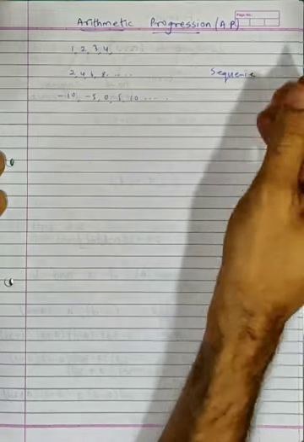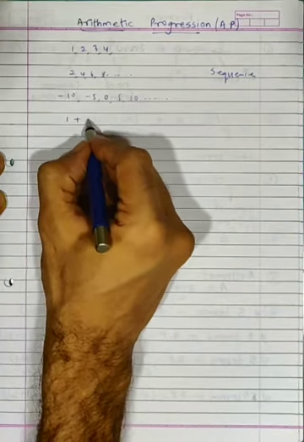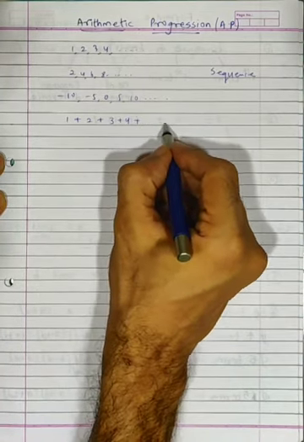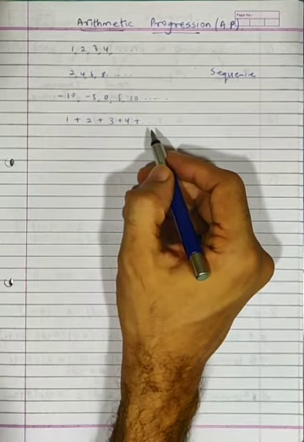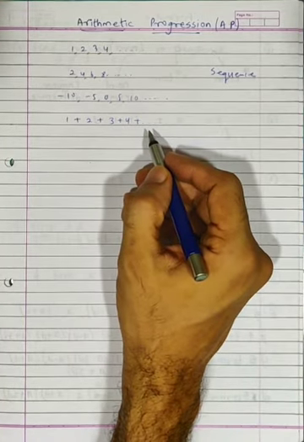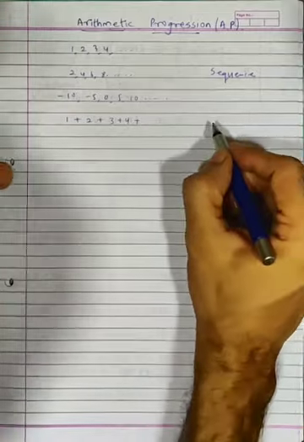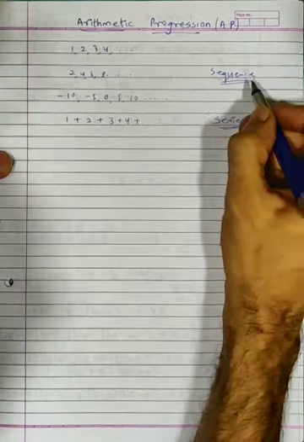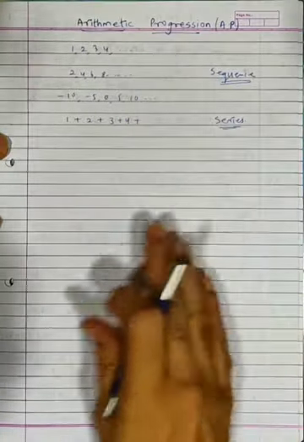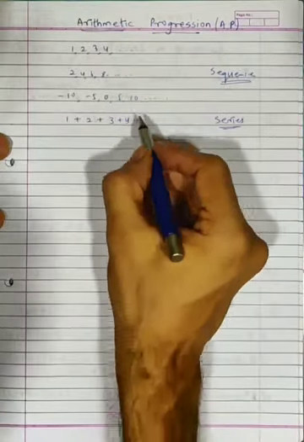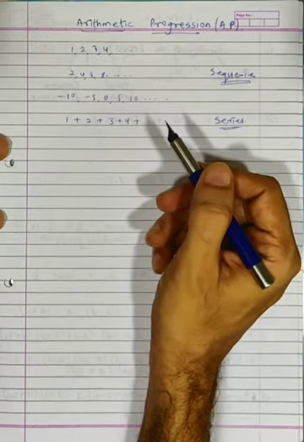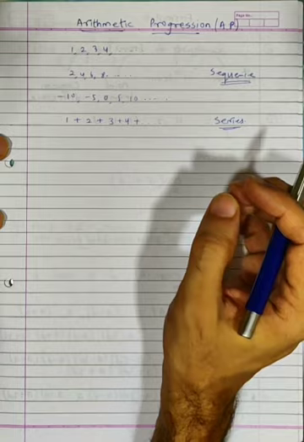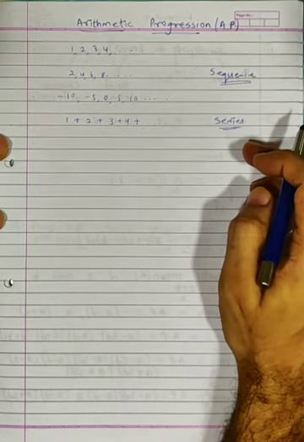But the same numbers, when they are represented with a sign in between them, meaning they are increasing by the same order, and are represented with a sign between them, then they are called a series. Okay, so that's the difference between sequence and series. In a sequence they write the numbers one after the other, and in a series they write these numbers with a sign in between. Okay, so that is about the sequence and series.